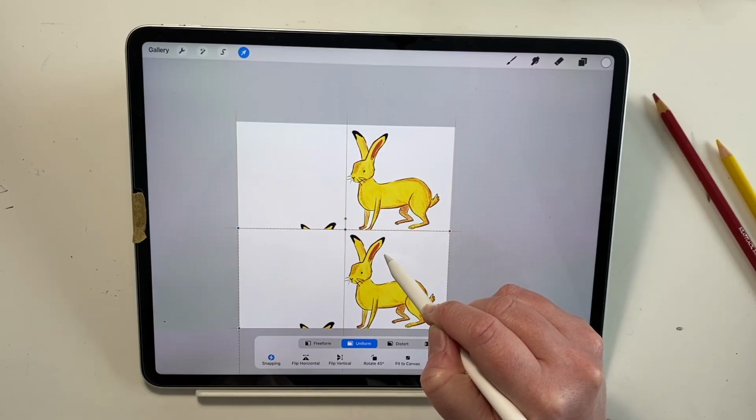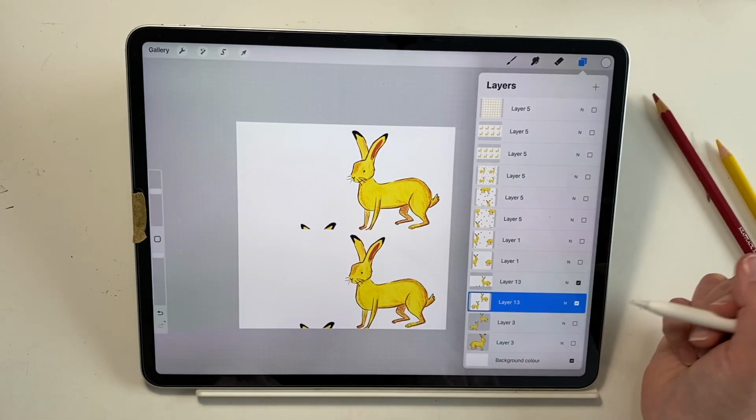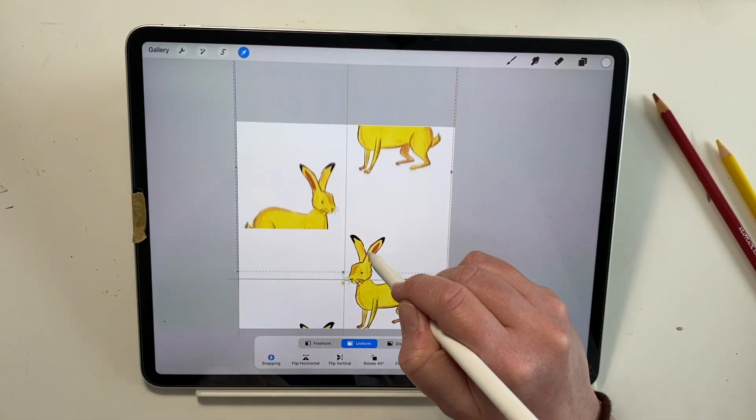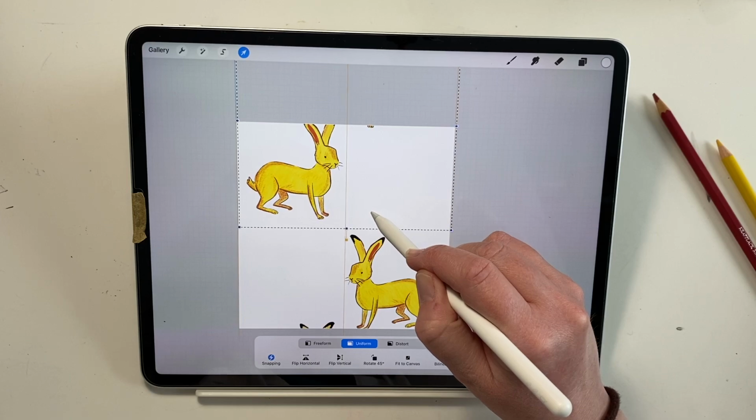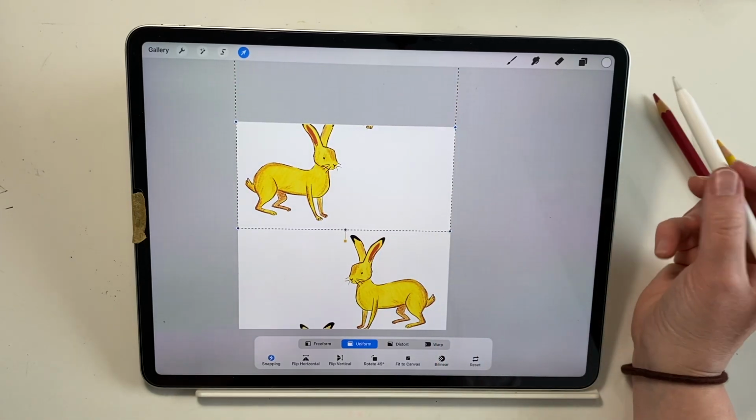So you want to make sure it's right in the middle. So that's one, and then you're going to take the other layer and you're going to drag it up, making sure you drop it accurately within the snapping guides. Okay,